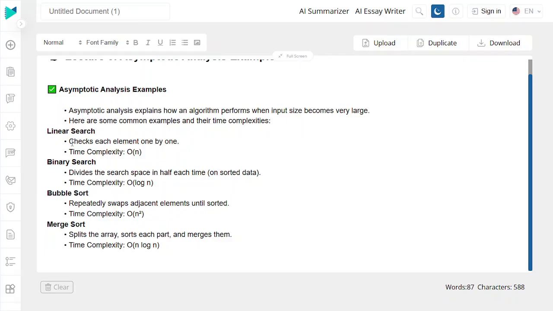Linear search checks each element one by one. As we previously discussed, linear search goes in a linear direction, like a line. It checks each element one by one, first the element that comes before, and then the element that comes after it, and then the next one. This way, the time taken by linear search to run is O of n.